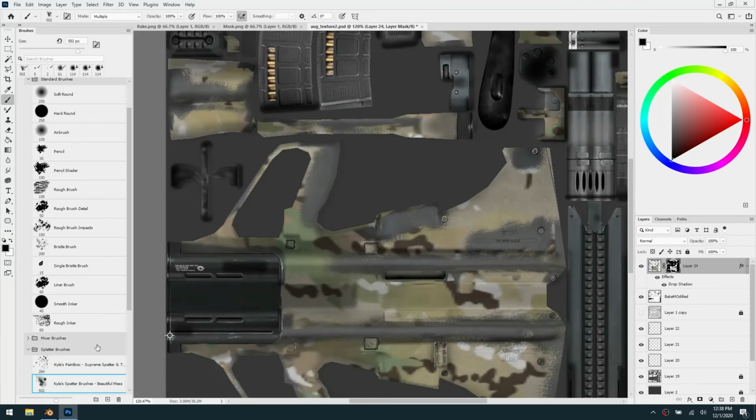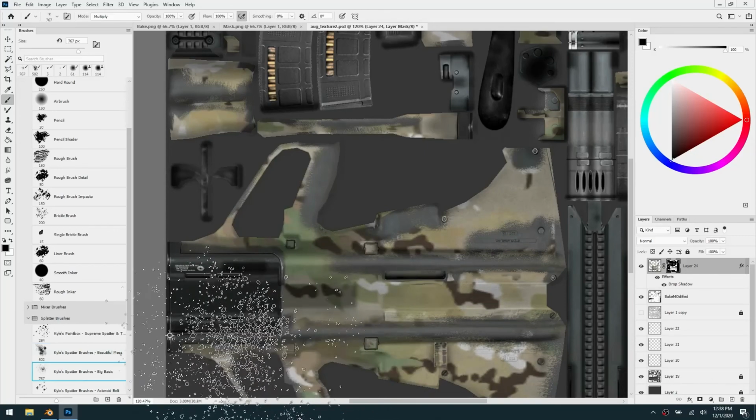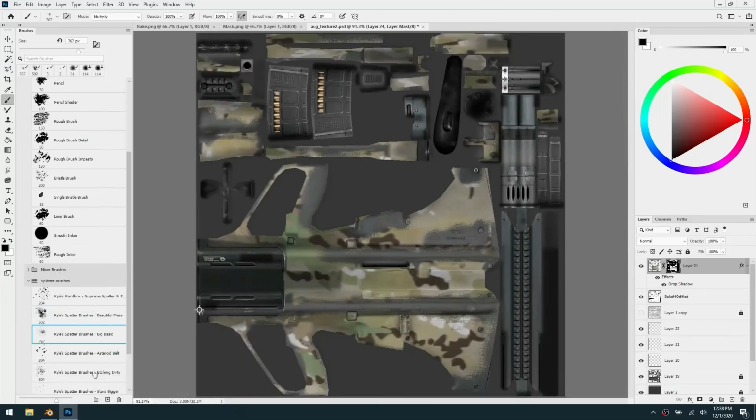You can do that if you wanted. That's a little too much. Yeah, so little deviations here or there aren't going to hurt a whole lot. You know, it might not be perfect, but